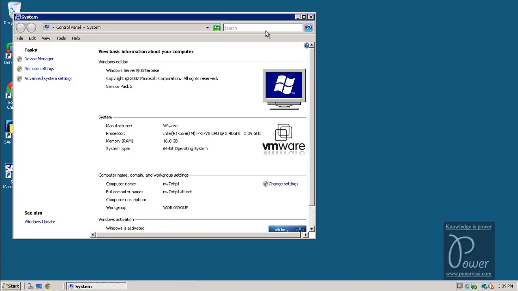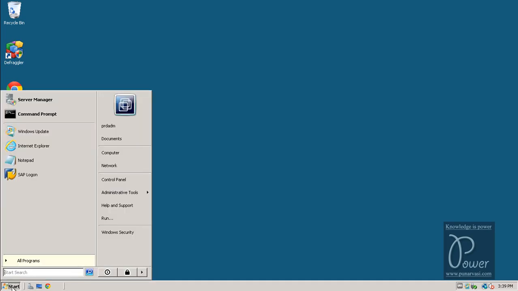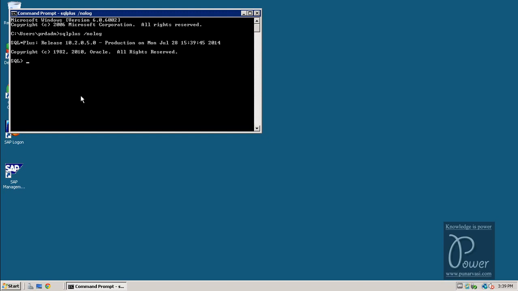As you already have the environment variables here, you can directly go to the command prompt to log on to the Oracle database using sqlplus /nolog, meaning the command will be executed without logging in. You will get the SQL prompt here like this, SQL>. From here, just type the command